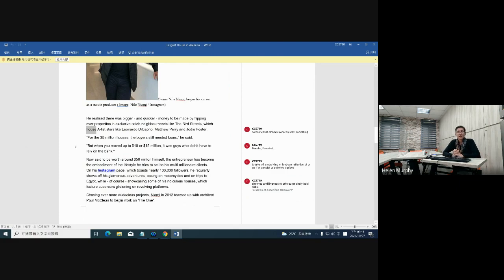Okay, and when we talked earlier about B movies, that is movies that are on the lower tier or lower level than the top movies. Again, with celebrities, we can say the same. We have A-list celebrities and B-list and C-list celebrities. So A-list stars would be the ones at the very top, for example, Leonardo DiCaprio, and we have B-list stars, probably more like lesser known movie stars or celebrities.